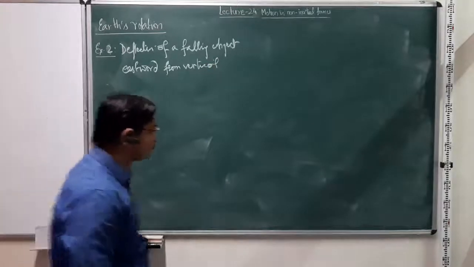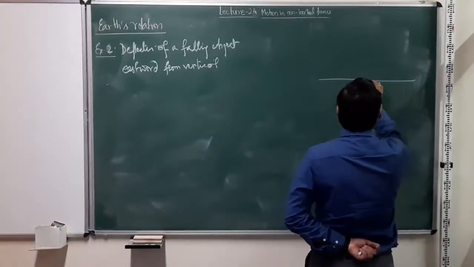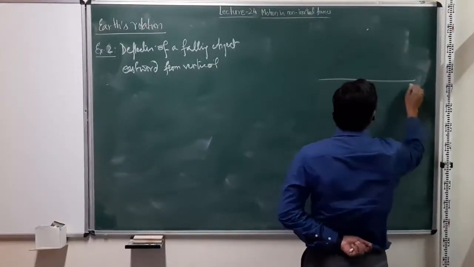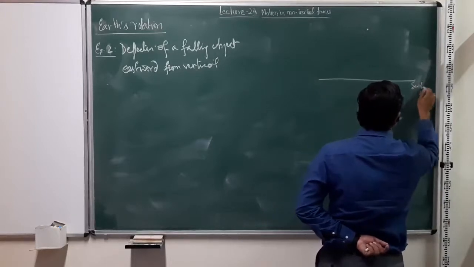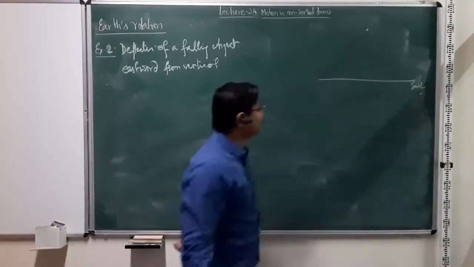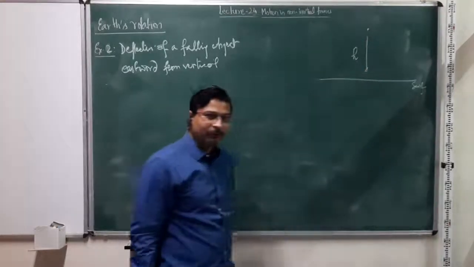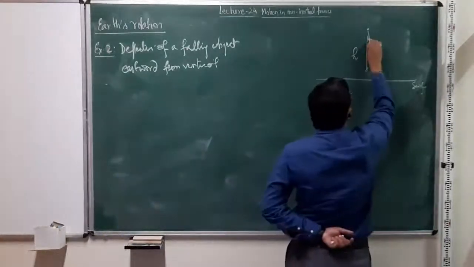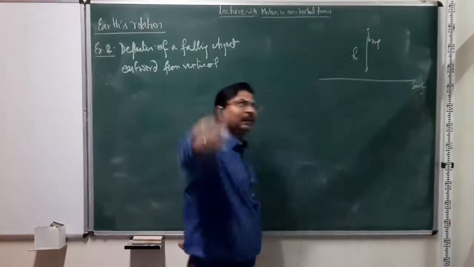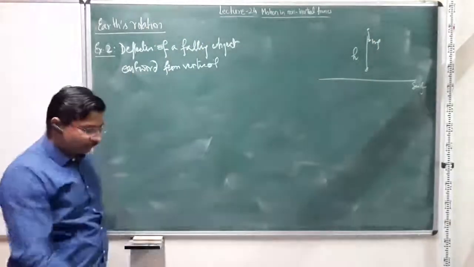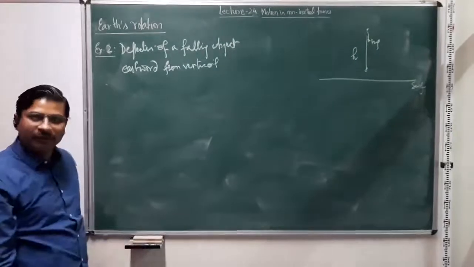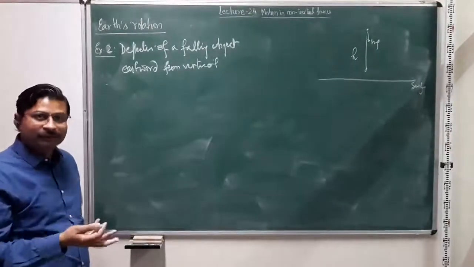What I mean is that, let us say this is Earth's surface, right? There is an object here at some height, let's take this height to be h, and it's falling down. We know that there is an mg acting here. So if an object is at the top and then it's going to fall down, then normally it simply falls vertically down, right? This is our experience.